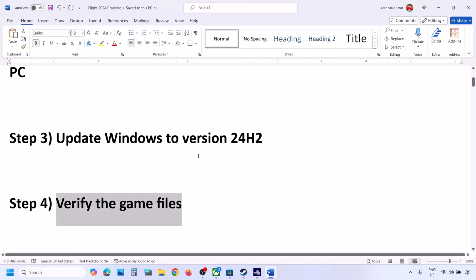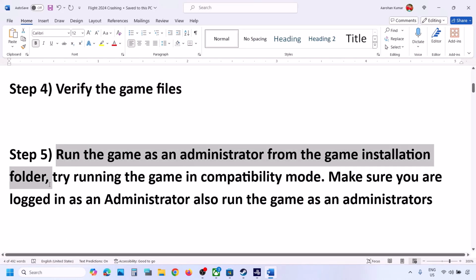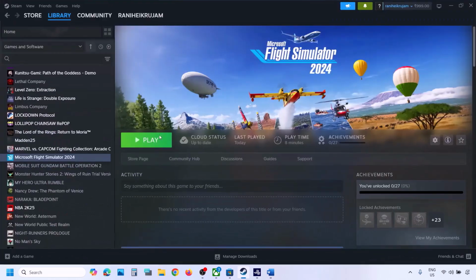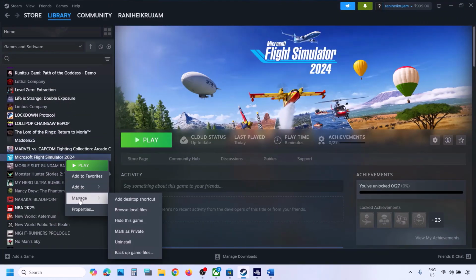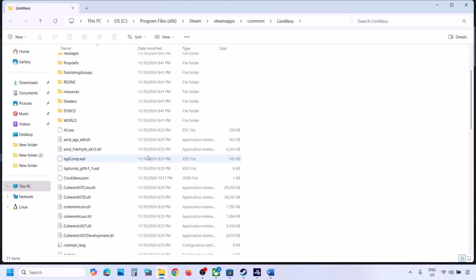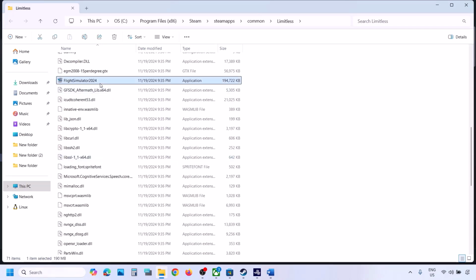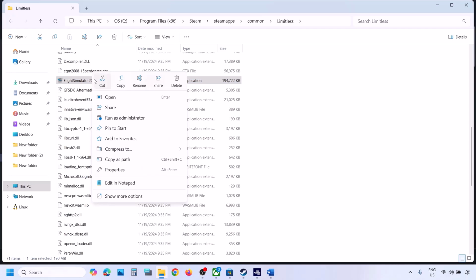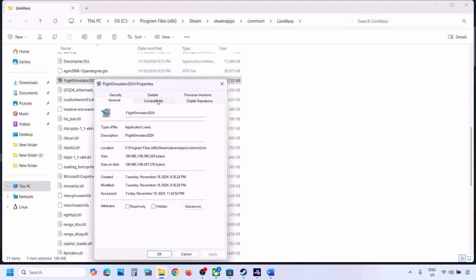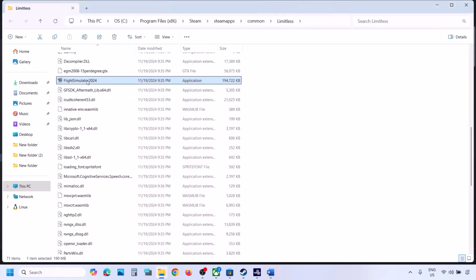Next step is to run the game as an administrator from the game installation folder. Now first of all, for Steam users, right click on the game, select manage, now click on browse local files, go to the game installation folder, and then find the game exe file. So here you can see the game exe file. Right click on the game exe file, and then select properties, go to the compatibility tab, put a check on the box which says run this program as an administrator, hit apply, click on OK,